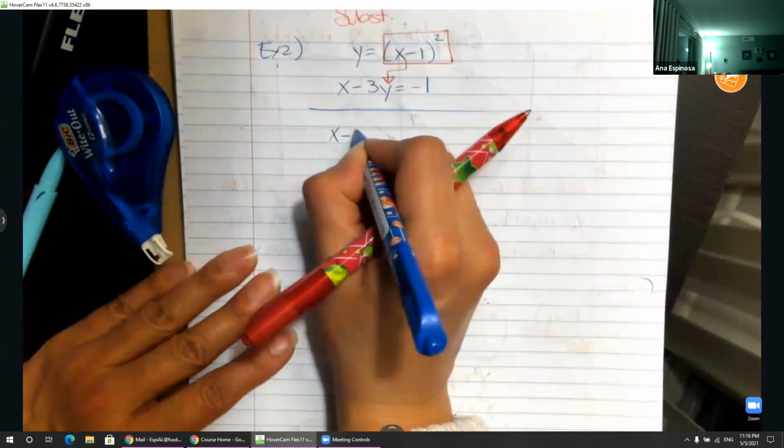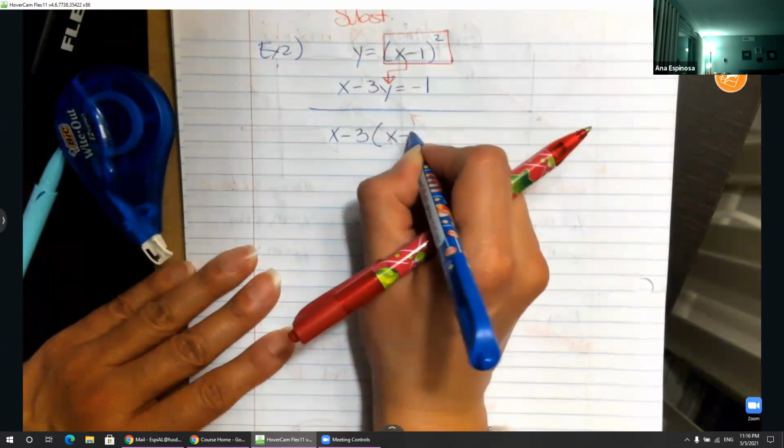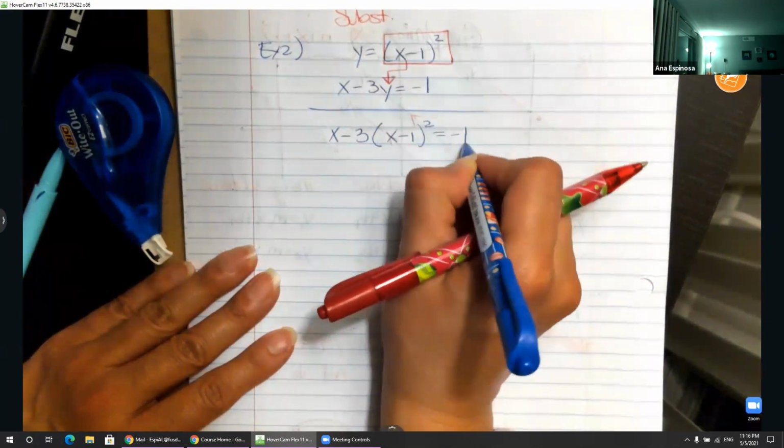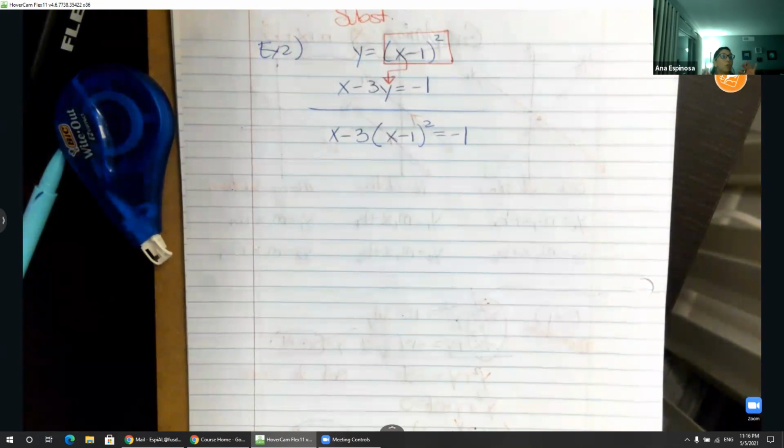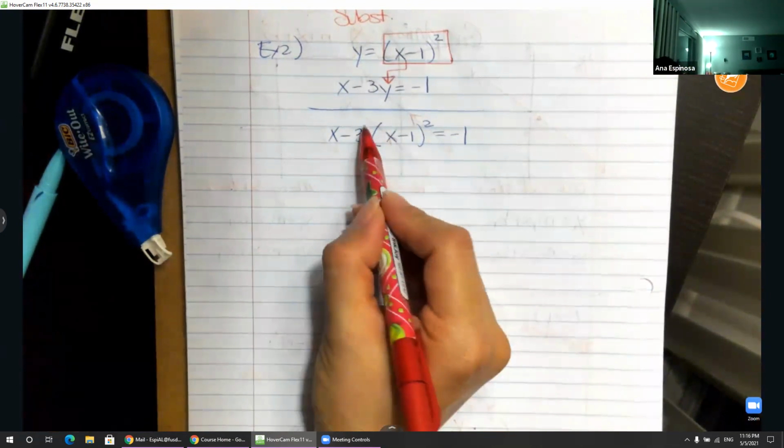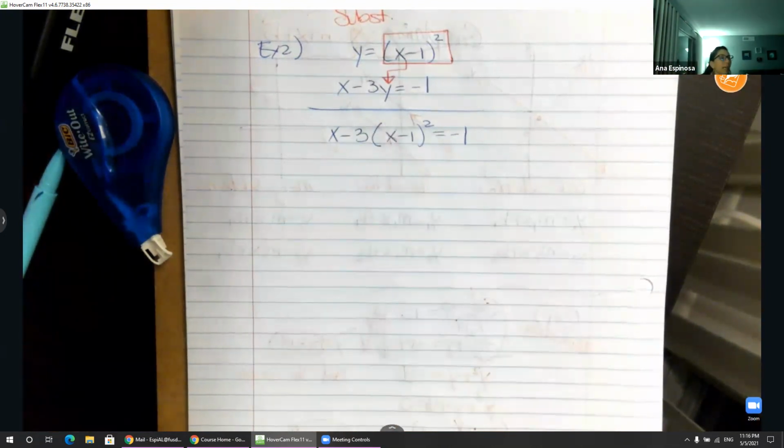So I get x minus 3 times (x minus 1) squared equals -1. Do not distribute this, okay? If you had this squared completely gone, that did not exist, yes, you could distribute the 3. But you have a squared, so you have to